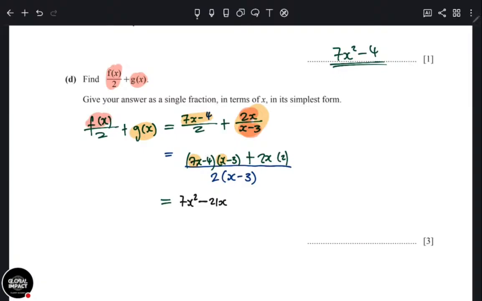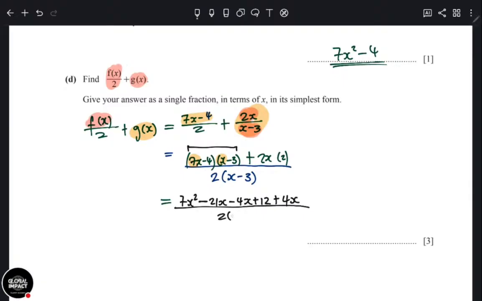Then we take the minus 4. Minus 4 will multiply the whole of the second bracket. Minus 4 times x is minus 4x. Minus 4 times minus 3. The signs are the same, so your answer is positive. 4 times 3, you get 12. Then you are done with expanding these two. Now what comes after that is 2x times 2, so it'll be plus 2 times 2, that's 4. Is there anything for x? No, it just comes as it is, so it'll be over.